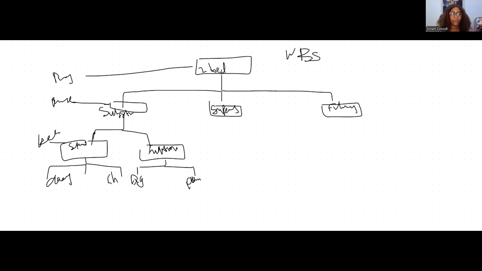Then you can come here to superstructure. When you come to superstructure, what do you want to do first? Construct the wall, the building. This is the building. Construct the building. That's the body of the building, and this is the roofing. Right? At the roofing, what do you do? At the building, what do you do? You subdivide it again. Right? What do you do here? The building, what do you do?